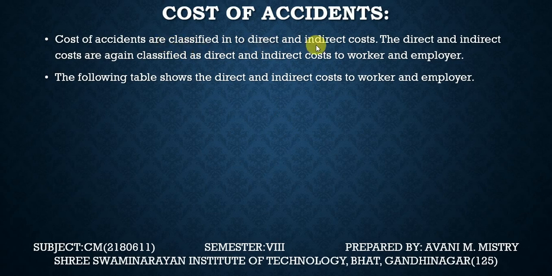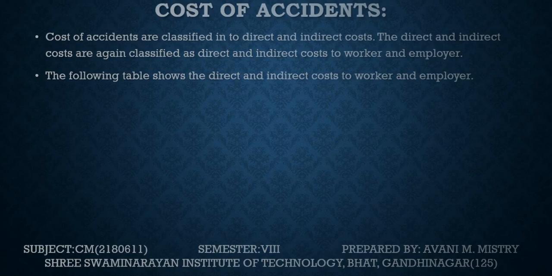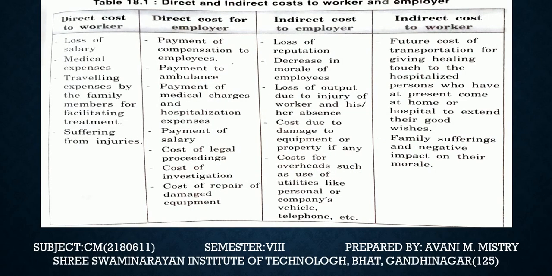Costs of accidents are classified into direct and indirect costs. The direct and indirect costs are again classified as direct and indirect costs to the worker and employer. The following table shows the direct and indirect costs to the workers and employers. Direct cost for the worker: loss of salary, medical expenses, traveling expenses of the family members for facilitating the treatment of the injuries. Direct cost to the employer: payment of compensation to the employee, payment for the ambulance, medical charges, hospitalization expenses, payment of salary, cost of legal proceedings,